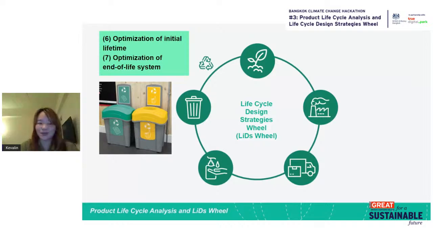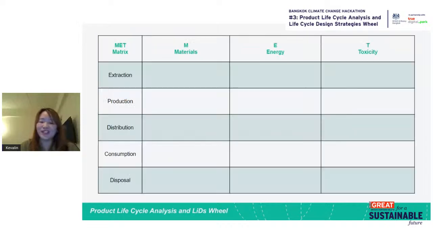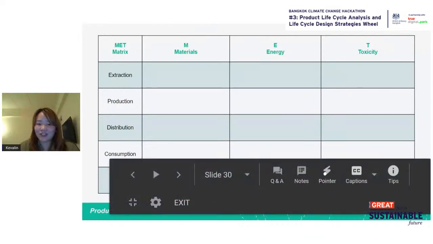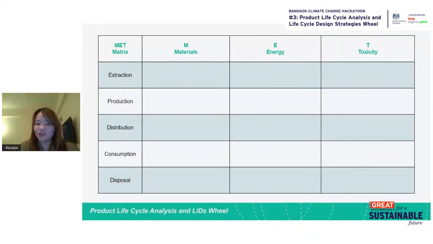One last tip here, if LCA is new to you, you can start with this tool. It's called MET matrix. I personally find this tool quite helpful. So M stands for materials, E for energy, T for toxicity. By considering these 3 factors in 5 phases of the product lifecycle can actually help you to get through the concept a little bit easier. And these 3 steps,